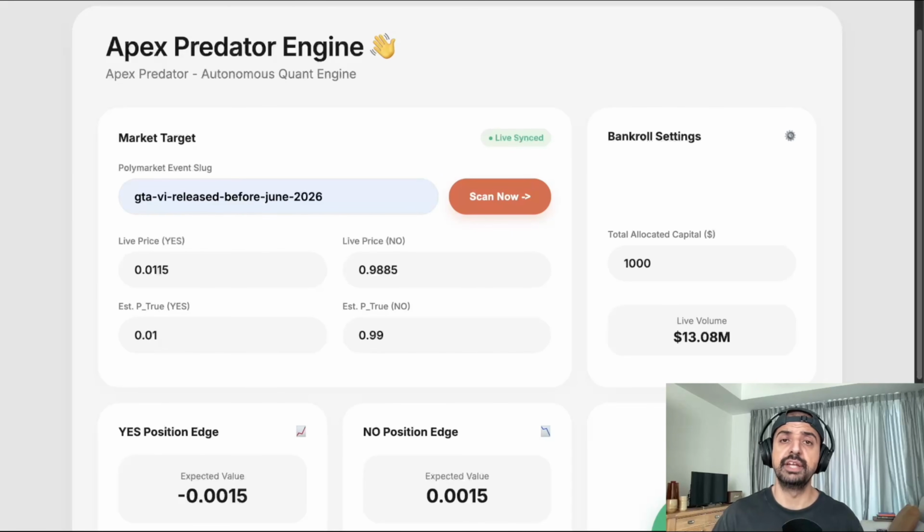92% of Polymarket traders lose money, and the top 0.1% extracted $3.7 billion in the month of March. So I reverse engineered their playbook using Claude Code, on-chain data, and 3 open source tools. The dashboard that you can see in front of you has every formula, every tool, and every pattern they don't